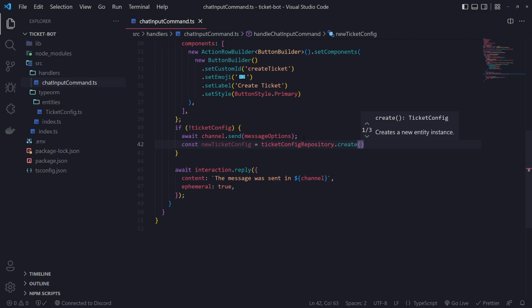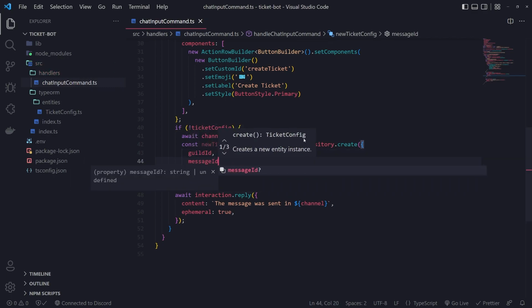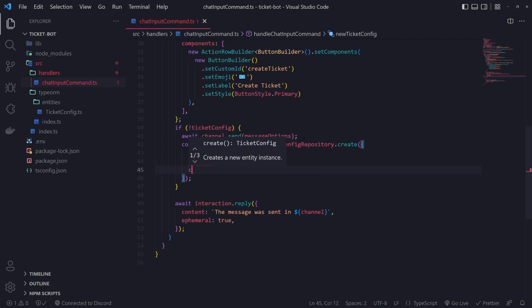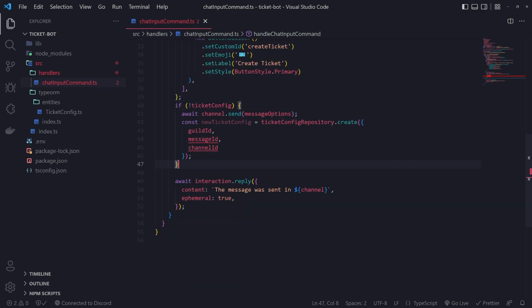Okay, so that's the name of the repository .create, and then we can just pass in the values. So we'll pass in the guild ID. Okay, we'll need the message ID, and we'll also need the channel ID as well. So how do we get the message ID and the channel ID? Well, when we send the message